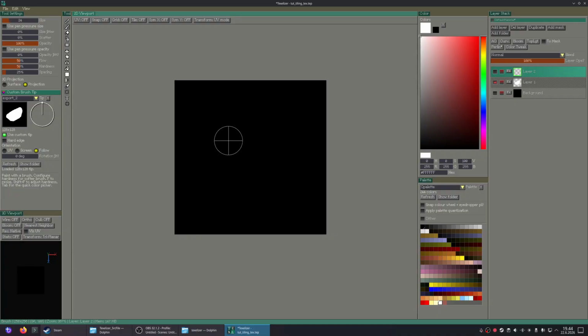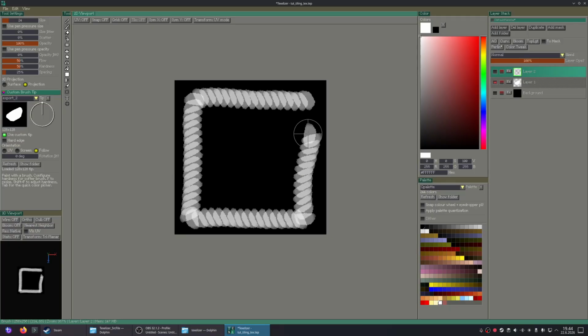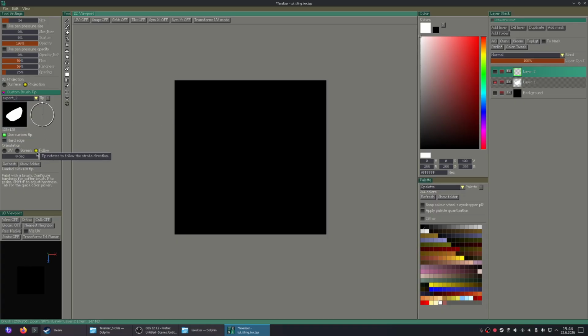So you can do stuff like this with this setting. So that is a new feature as well, coming in the same patch.